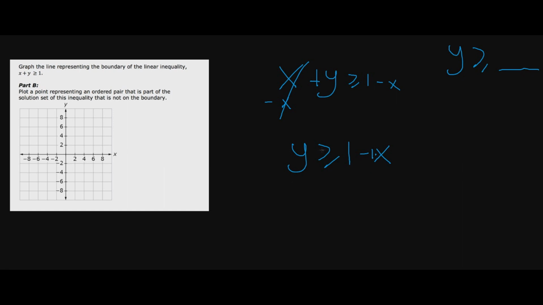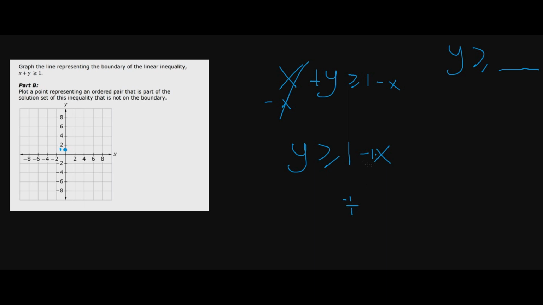So if we want to sketch this, notice this is y is greater than or equal to, so it's going to be a solid line, filled in, and it's going to be bigger than, so we should expect it to be up above. What's my starting value? Well, my starting value is the 1. It's the number that does not have a variable attached to it. It's 1, which is right there, between 0 and 2. I'll call that 1. And what are we doing here? Well, we're going down. This is -1